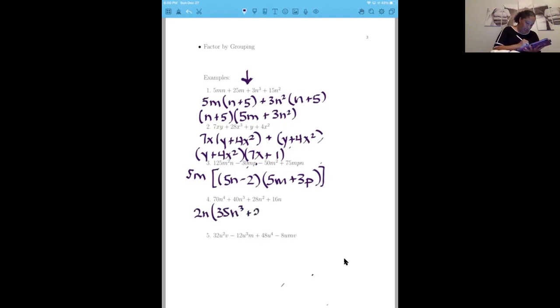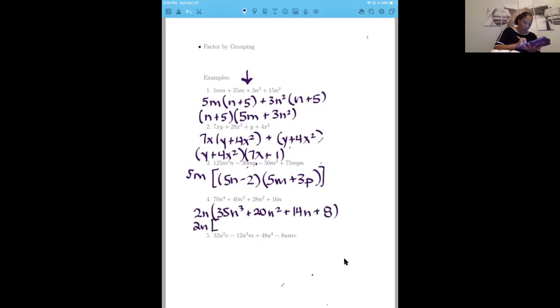A 20n squared plus 28 divided by 2 is going to give me a 14n plus 8. All right, now I'm going to